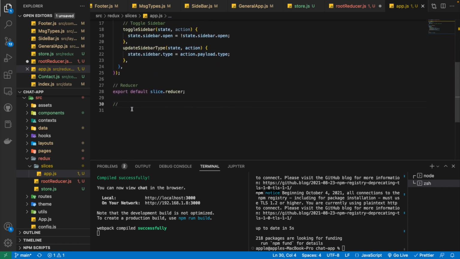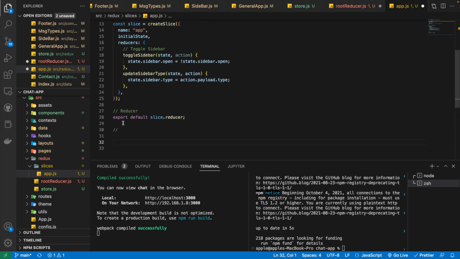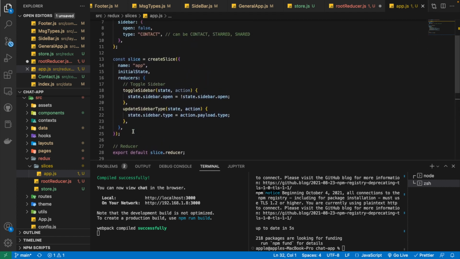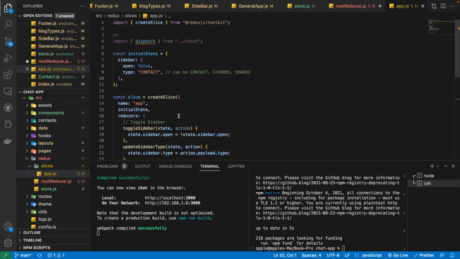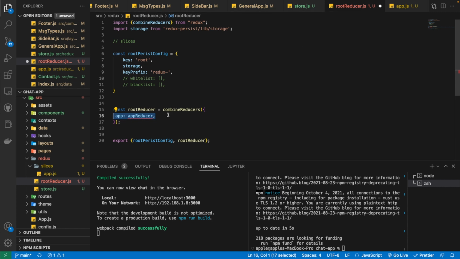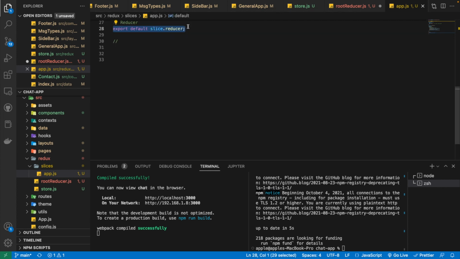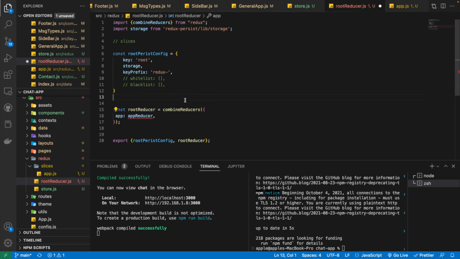After some time, we are going to come here again. We will be defining some thunk actions here. Thunk is basically going to perform any asynchronous task in Redux for us. Now we can import this app reducer from this file. The thing that we are actually exporting here is the app reducer that we want to use inside the